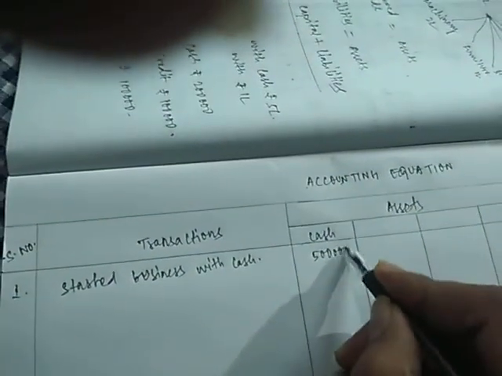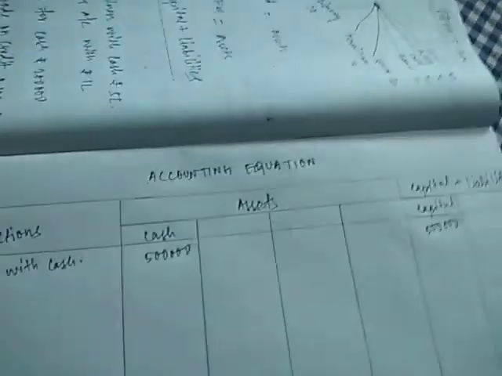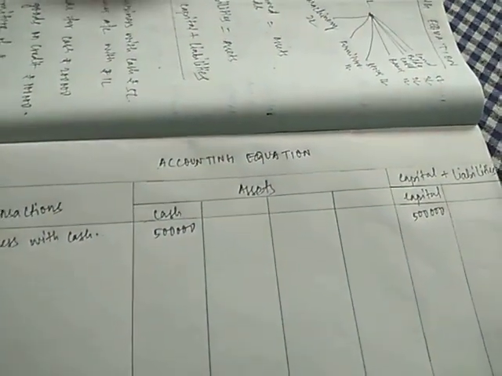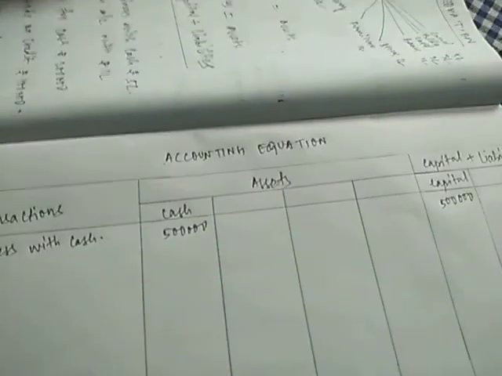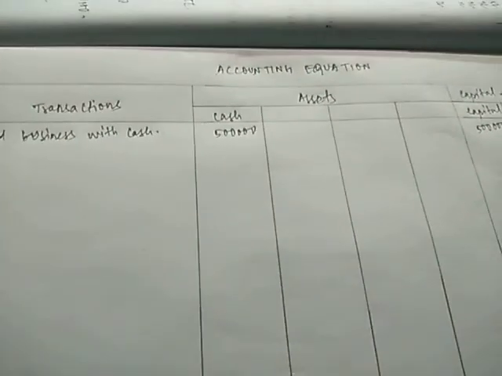In cash, always remember, just straight to this line you will write the balance of cash that is invested. So the value is rupees 5 lakh, so write 5 lakh. And also in capital you need to write 5 lakh. So in both cash and capital we have written 5 lakh. Next, you don't need to do anything else here in the first line, you just need to close it with a line. So if you close it by making a line with the pencil, it will be something like, I'll be showing you, just a minute.